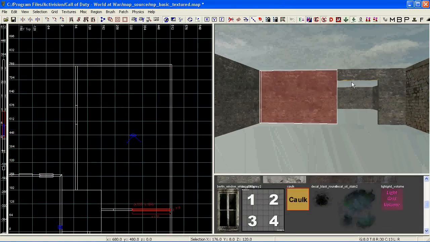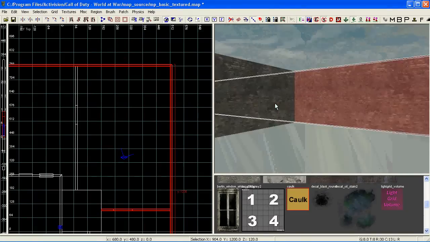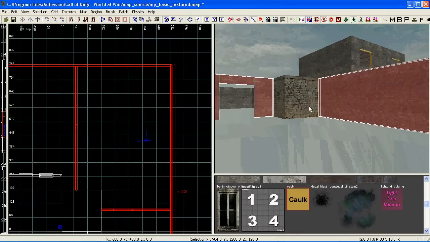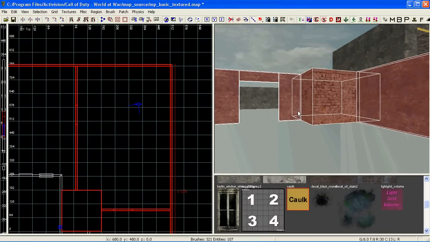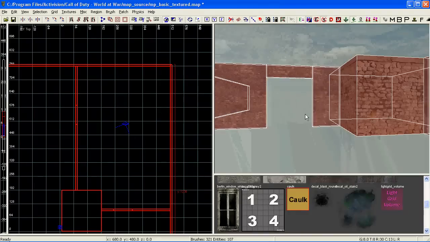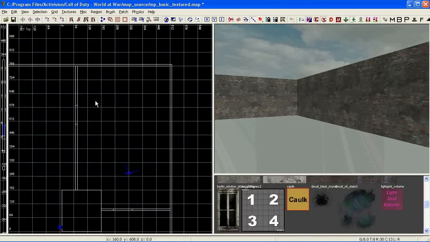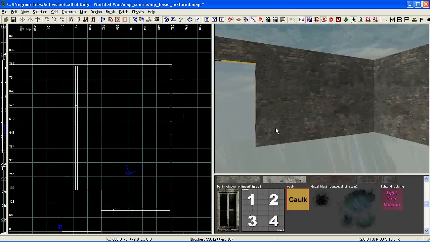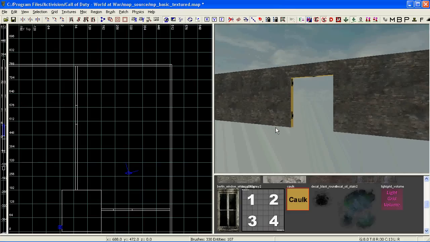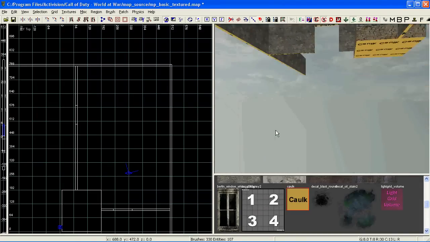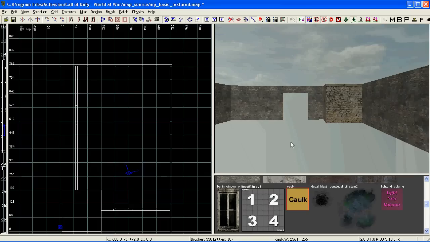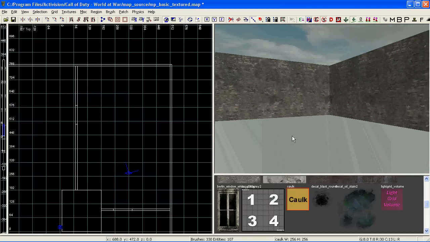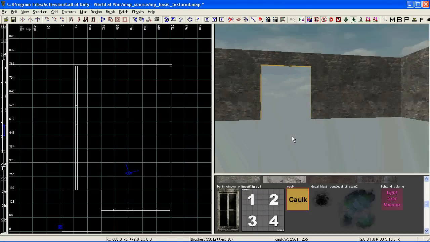If I just select all the brushes that make up this area, we can use these brushes to create our first outdoor portal. With these selected, I'm just going to hide everything we're not using at the moment, just to make it clearer for us, and we're going to turn this area into our portal cell. To do this, just like with the rooms and with the buildings, we need to create a sealed environment, and at the moment there's absolutely no way we can create a sealed environment, so we have to build a substructure of structural brushes that will allow us to create our sealed environment and ultimately allow us to create our